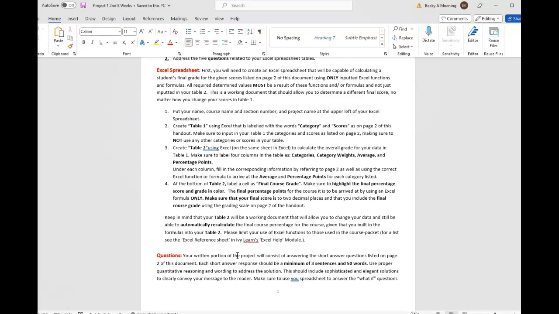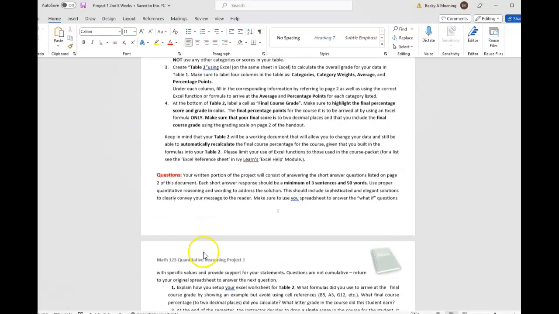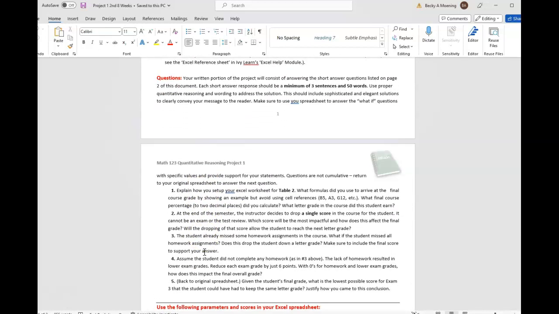Before you get it right. Because once your Excel document is perfect, and I tell you, you are good to go, you know that you have 50 points done, ready, it is perfect. Then you go on to the Word document. And using your spreadsheet, you are going to answer the questions in here, okay? And you are going to answer them with complete sentences, with capital letters and punctuation, and correct spelling,